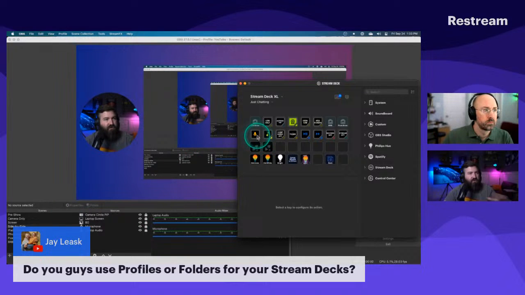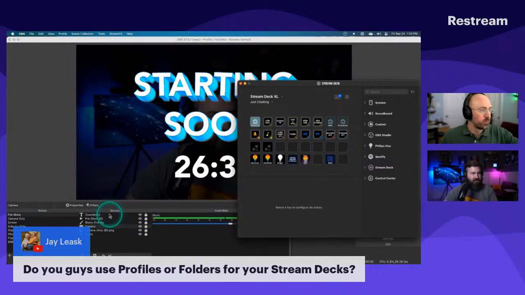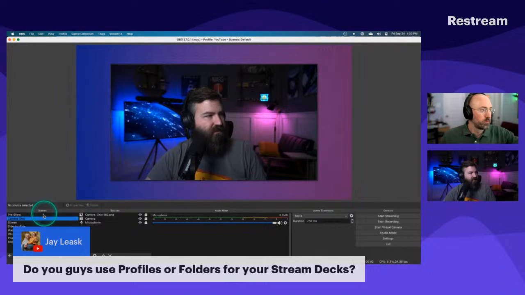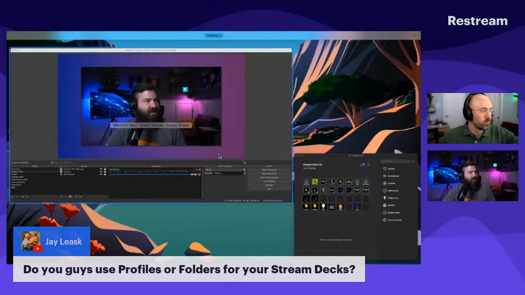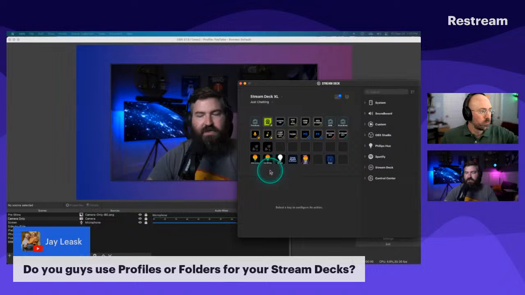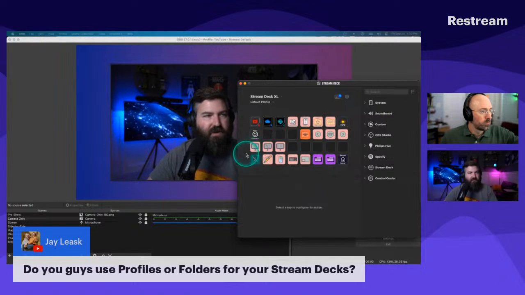If I need to mute the music all of a sudden, I can hit those buttons across here to kill audio if I have to. There's four different audio sources. In my pre-show scene, you can hear that music playing back. I've got a pause button that goes in and hits a keyboard shortcut to pause that music or to go to the next track. And then again, I've got my lighting effects across the bottom. So that's used as a profile. This button right here just goes back to my main profile.